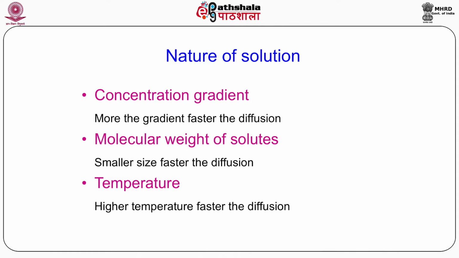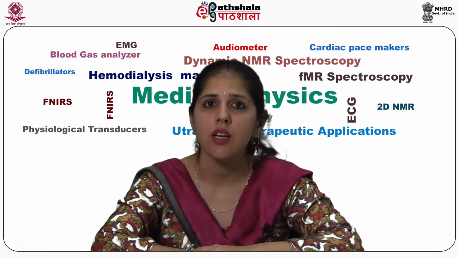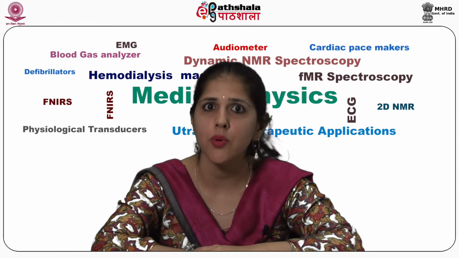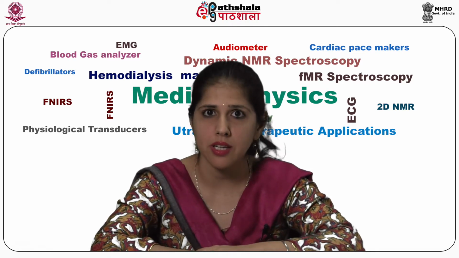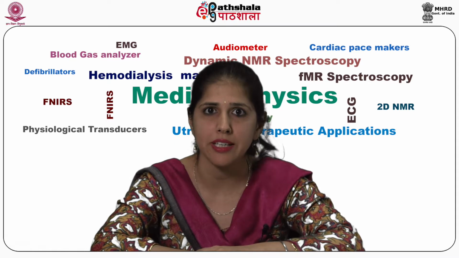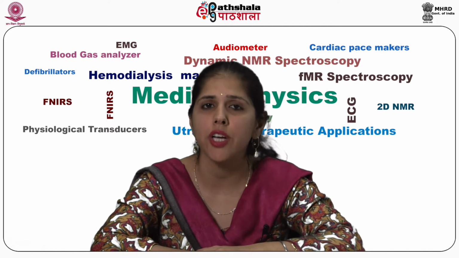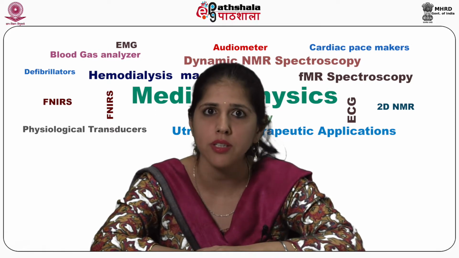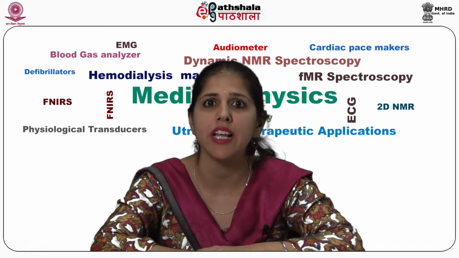One is the concentration gradient, the other is the molecular weight of the solutes present in the solution, and third is the temperature of the solution. If you look at the concentration gradient, like we had previously discussed, the higher the concentration gradient across the membrane, the faster will be the process of diffusion. Second is the molecular weight of solutes. Like we discussed, small molecules like urea and creatinine have a faster diffusion because they have a small size. While molecules like beta-2 microglobulin, which are larger in size, have a lesser rate of